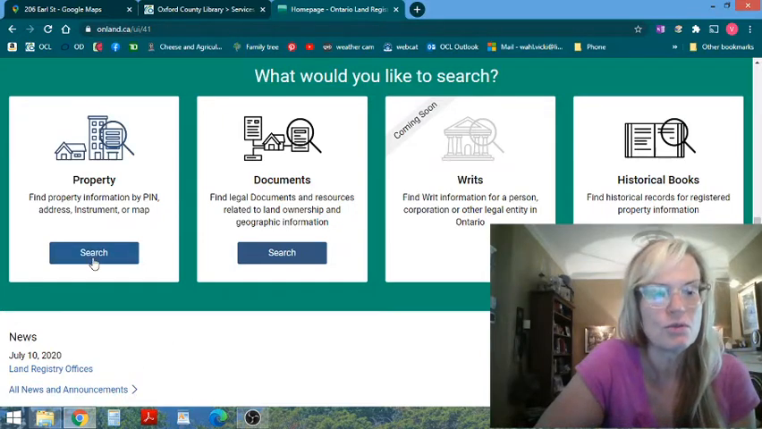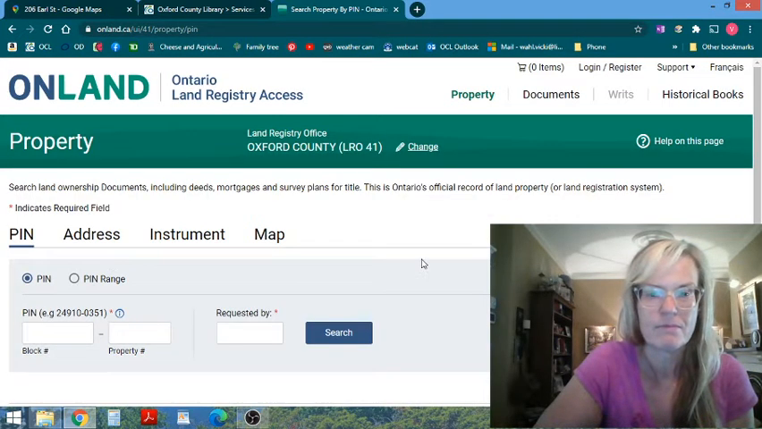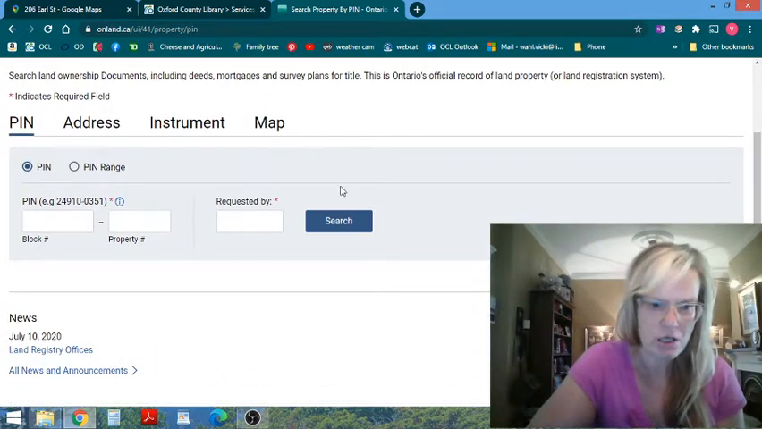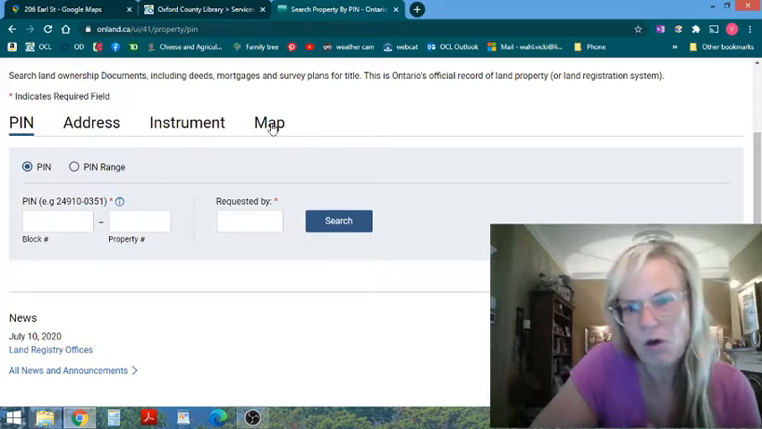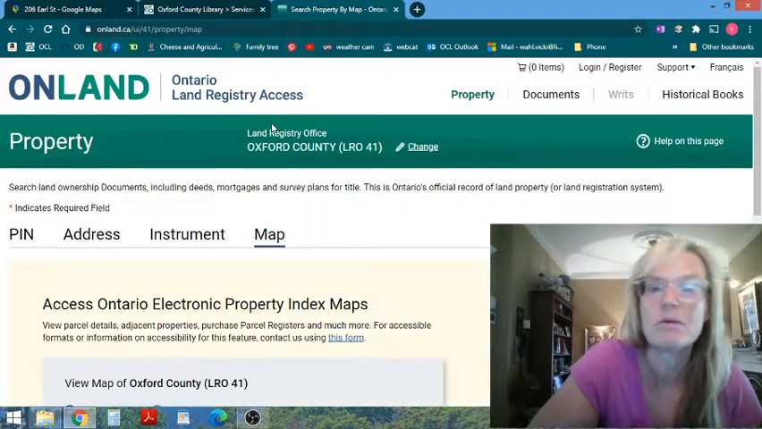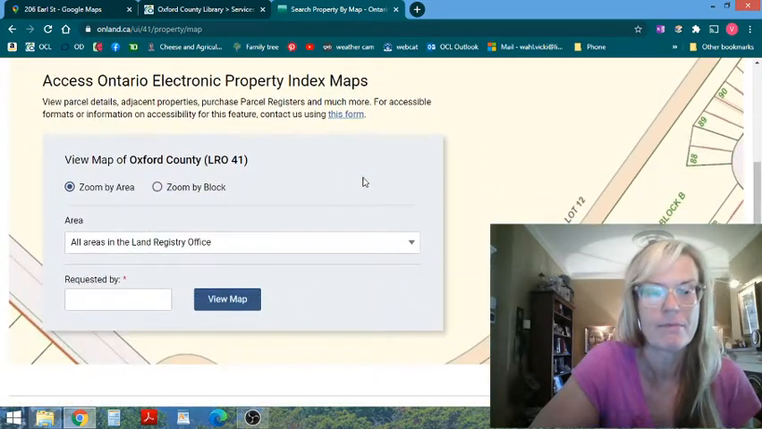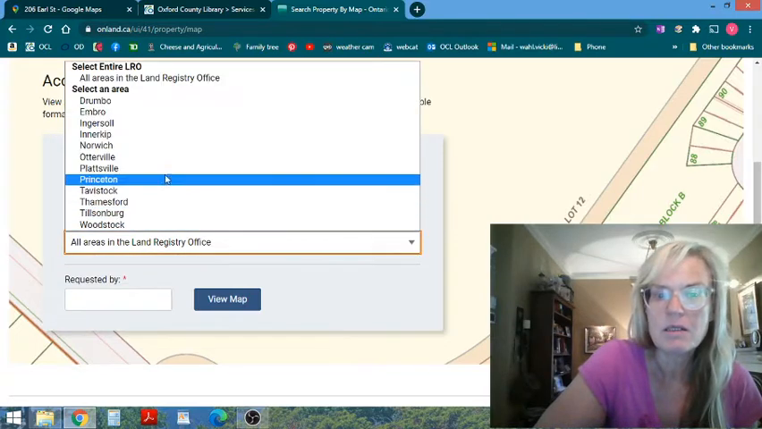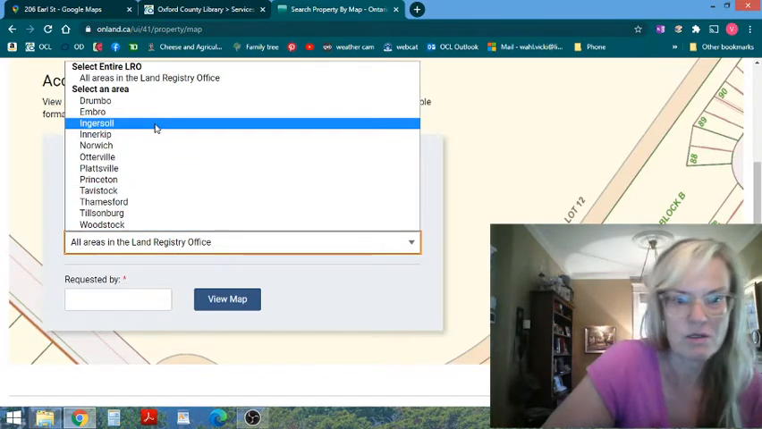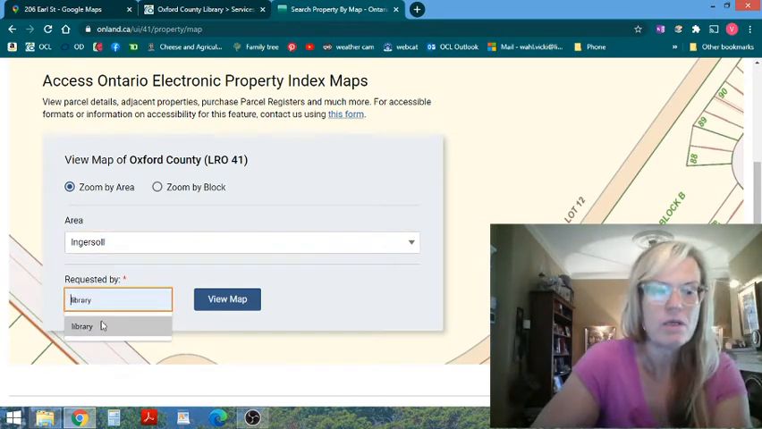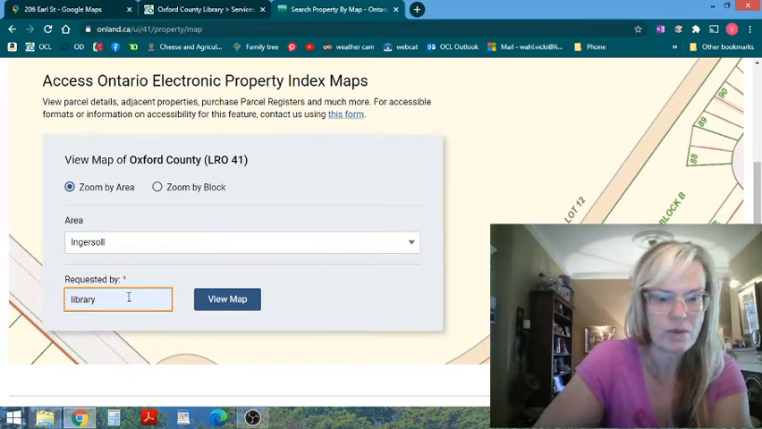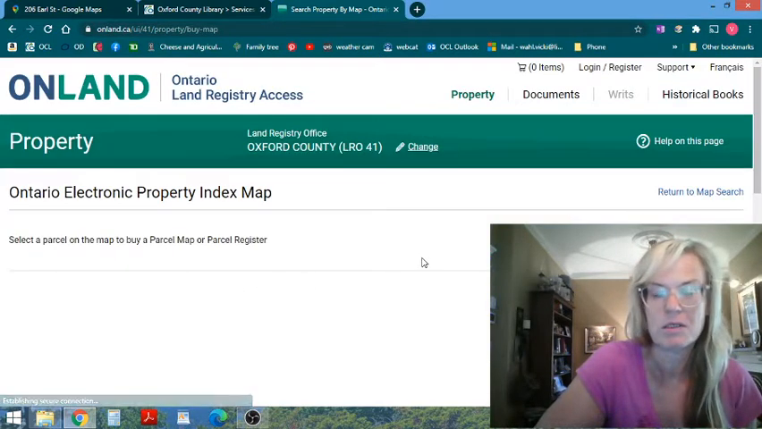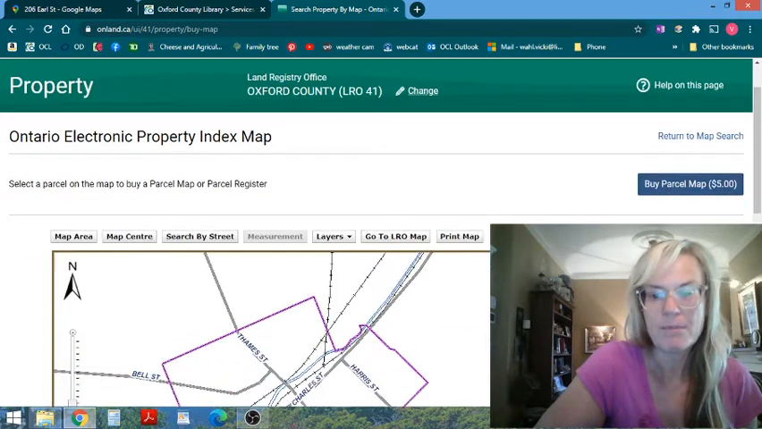So I'm just going to choose property. And what we're hoping to find here is sort of locating the property we want to search on a map. So I'm going to choose map. And because we're in Oxford, this should be a curated list of geographic areas in Oxford. We're going to pick Ingersoll. And really, you just need to put anything in this requested by field because it won't allow you to go by without it. So it's just going to pull up the map that shows Ingersoll,